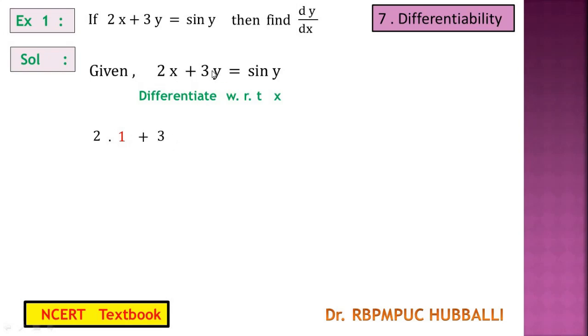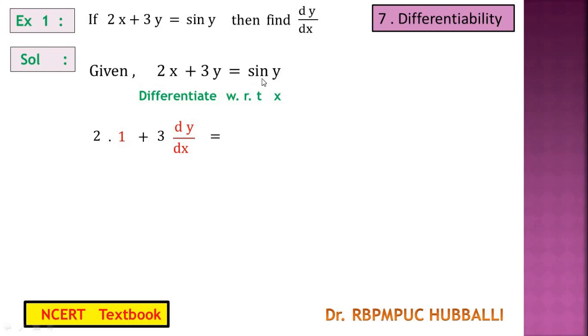Okay, now writing the derivative of y. See, the derivative of x is what? 1. In the same way, the derivative of y is 1 and into dy by dx we have to write. So what we do, 1 into dy by dx means we always write the y variable or y term derivative directly as dy by dx. I hope you understood. The y function or y term derivative or differentiation is written as dy by dx, is equal to, okay, right side, this is very important, sin y is there.